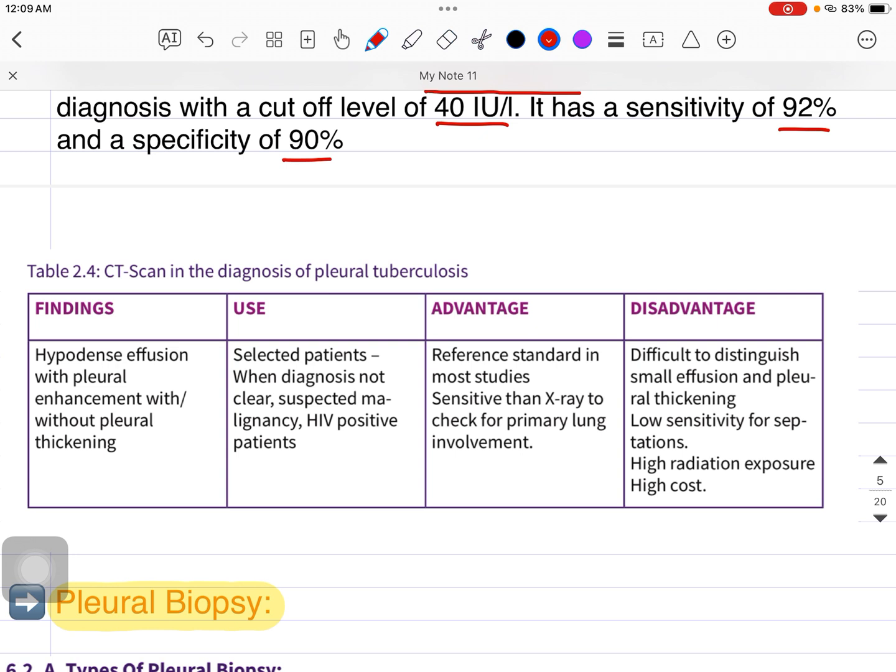So CT scan in the diagnosis of pleural tuberculosis. What are the findings? Basically we see a hypodense effusion with pleural enhancement. Okay, there could be pleural thickening or there may not be pleural thickening as well. What is the use? Basically when the diagnosis is not clear and we are suspecting malignancy, and in an HIV positive patient. The advantage is that it is more sensitive than the chest X-ray obviously, for checking the primary